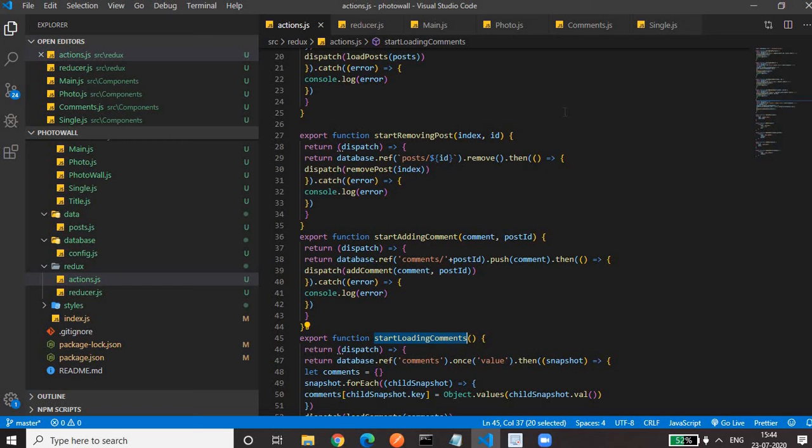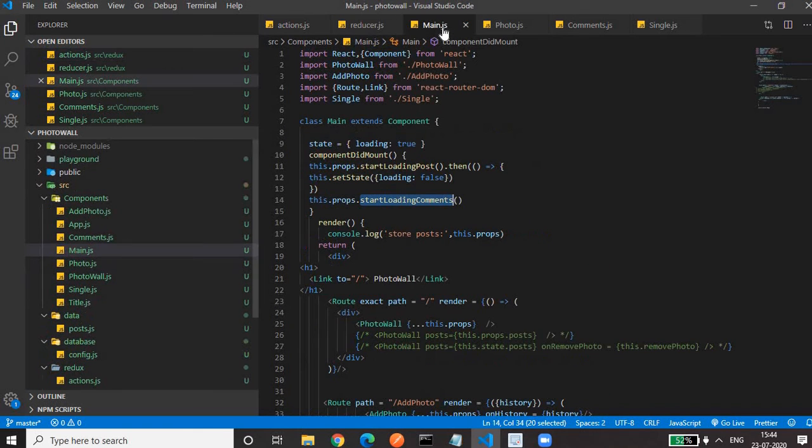So we are calling this in componentDidMount. This is the start loading comments. So that's why on page load these two actions are being called.